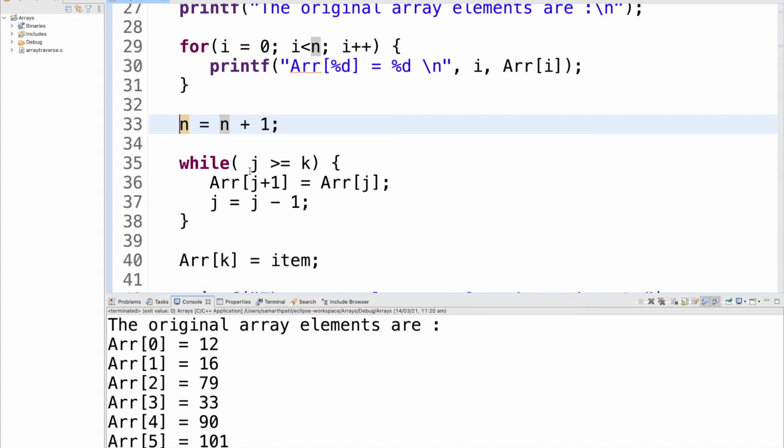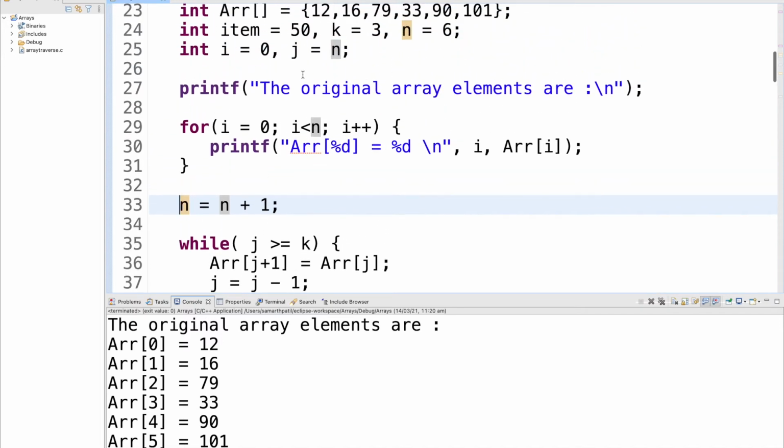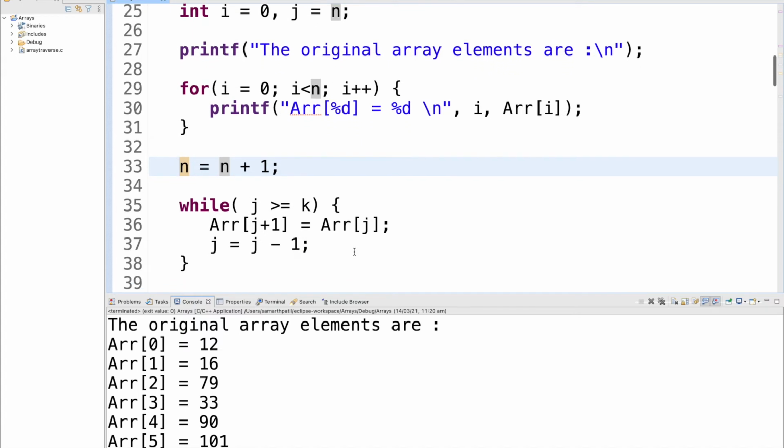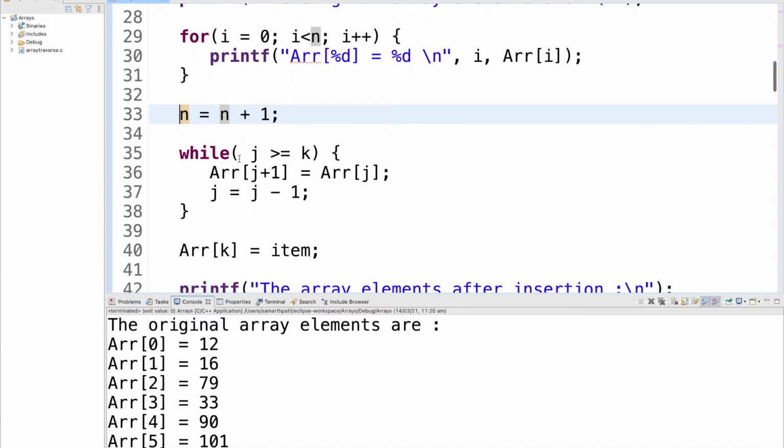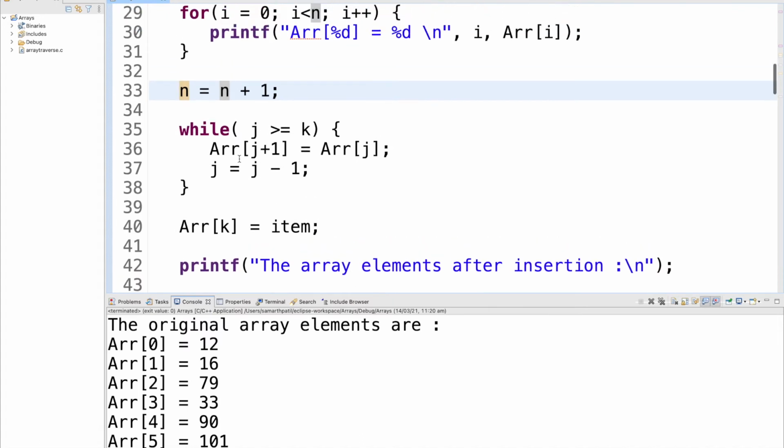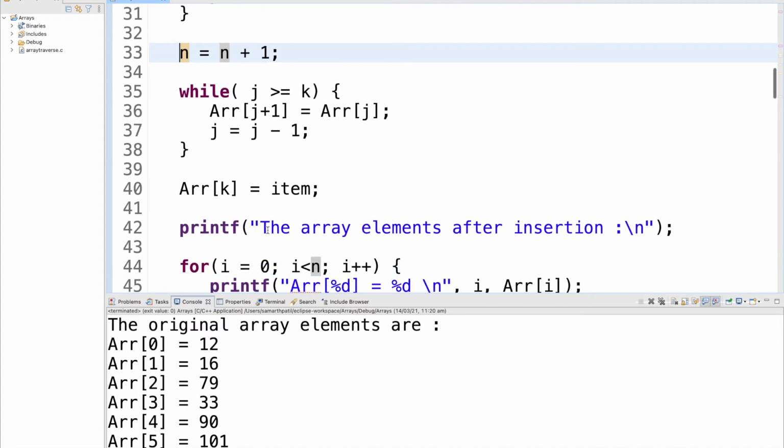And while j is greater than or equal to k, I'll run this while loop, with array[j+1] equal to array[j], and j is equal to j minus 1. And what I'll get after running this code is that the element will get inserted after the